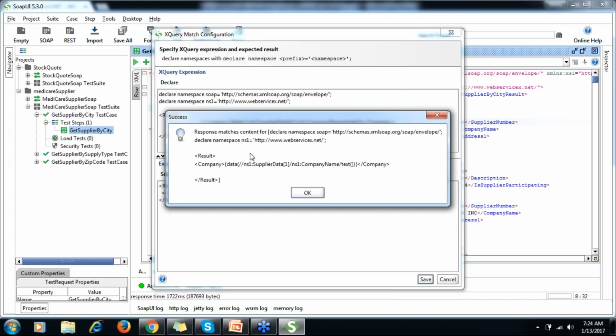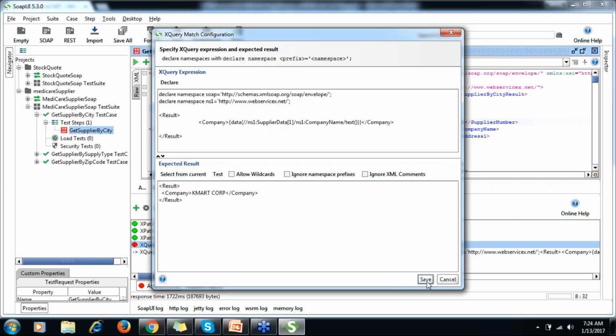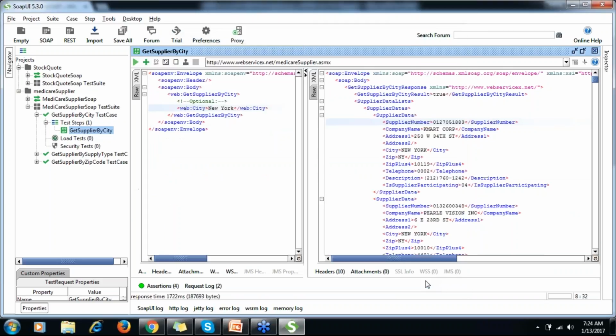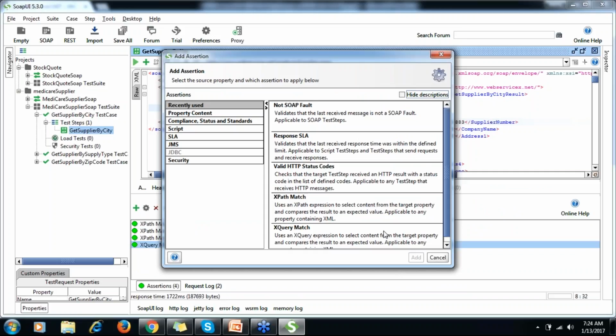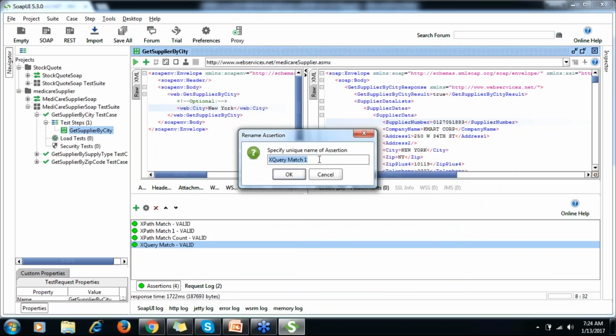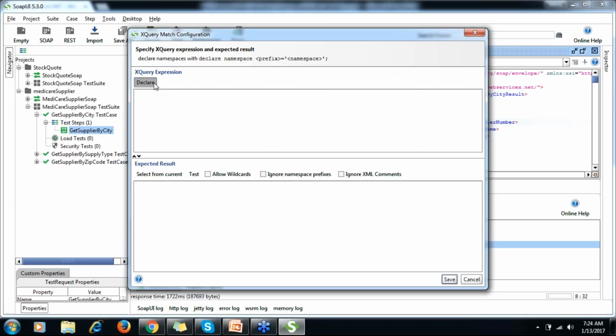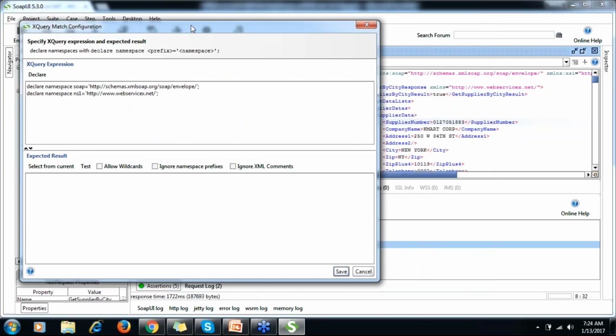If your XPath is correct, you will get this kind of success message. Now if I save, this time it will pass. All right, now I want to use a for loop in this XQuery, and let's see how we can use that for loop. In a similar way, declare the namespace first.